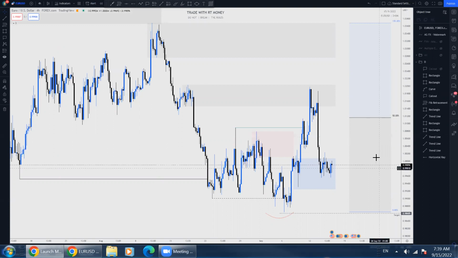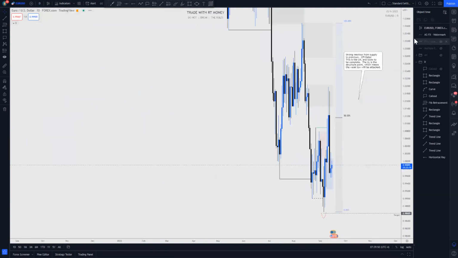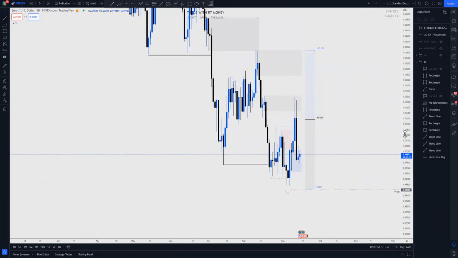Good morning. Let's take a look at Euro USD. Let's look at Euro USD first. Let's take a look at the daily. All right, the daily, you don't need to see that. Boom. All right, so what we have here is